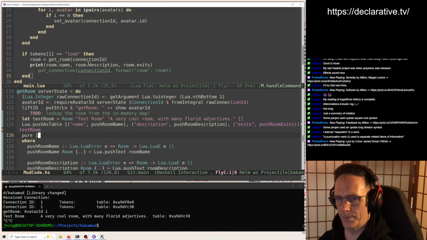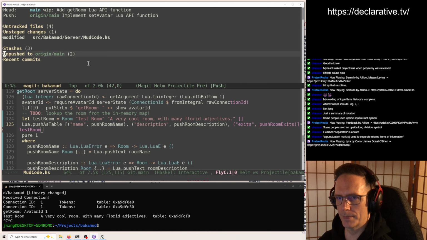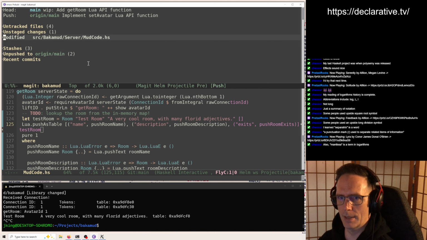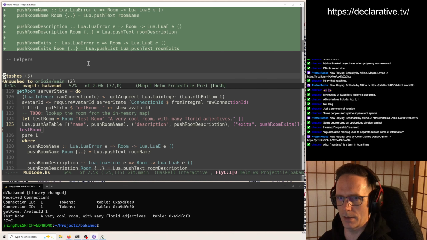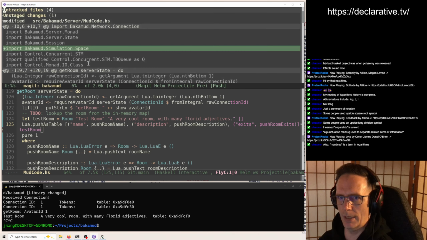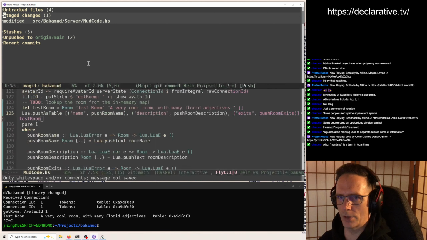Okie doke. Or maybe we keep a session variable for what room the avatar is currently in. Whatever the case may be, we're going to implement that next week. So we added marshalling of rooms.